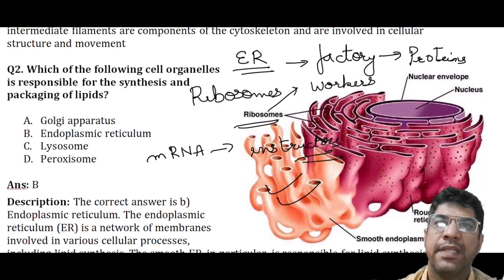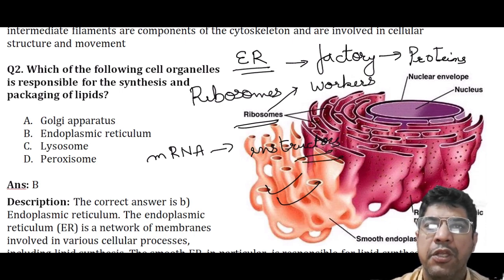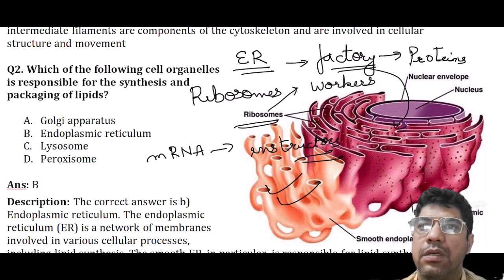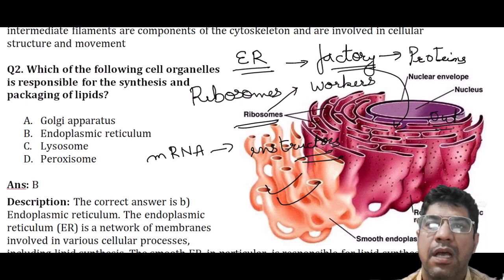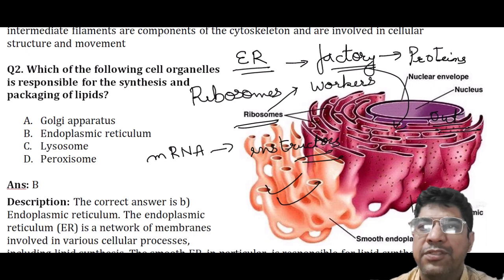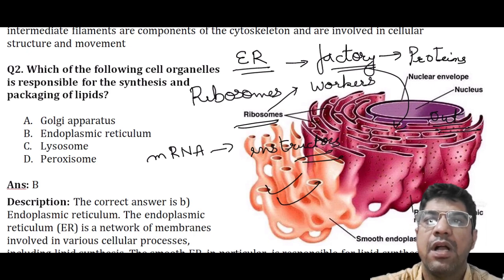These products can either be used inside the factory or be sent out, just like proteins can stay in the endoplasmic reticulum or be transported to other parts of the cell or the